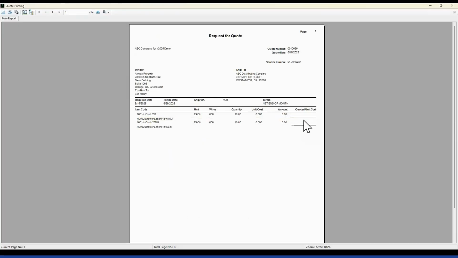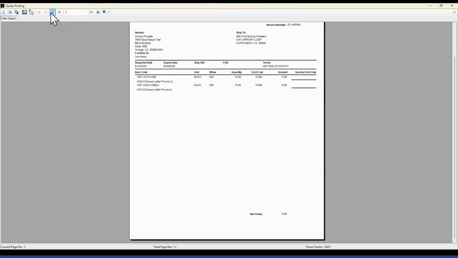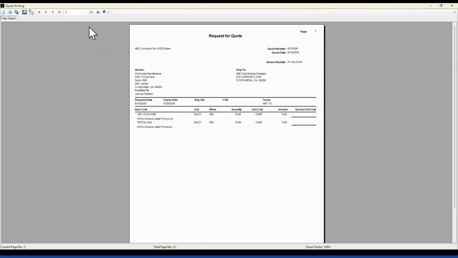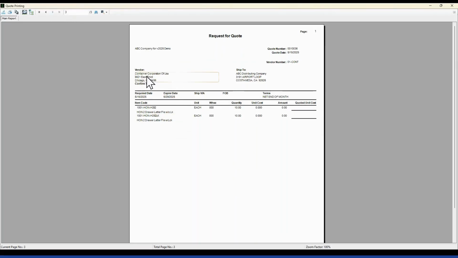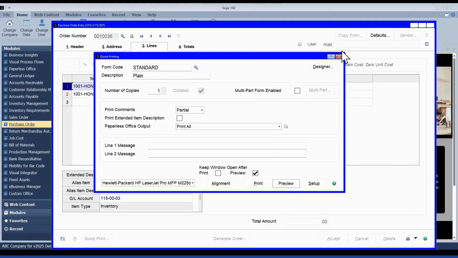And so then they could fill out what they would quote for that and return that to you. And then from there, you can decide which vendor you're going to go with. Here's the one for Airway, one for Acclimate, and Container Corporation. And that is what they would see if you were to email them off to each of them as well.